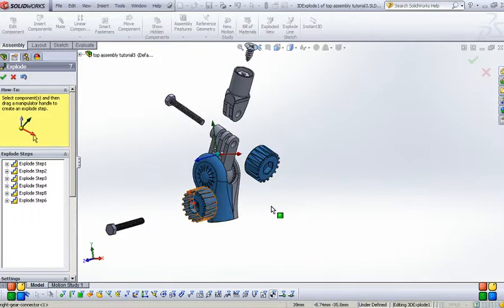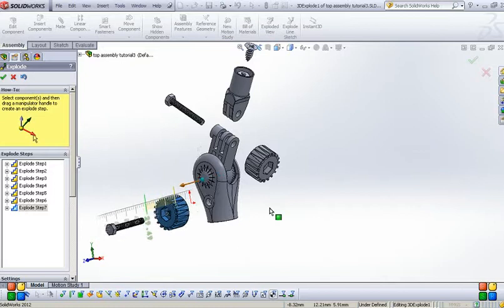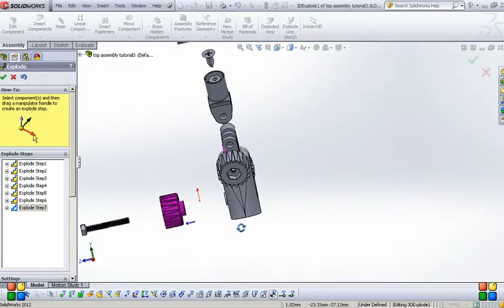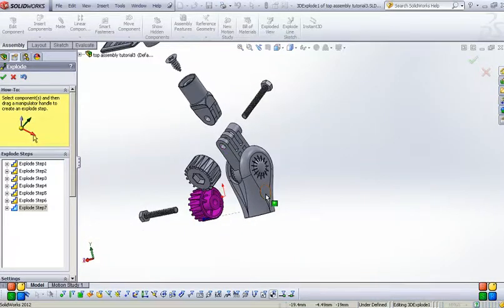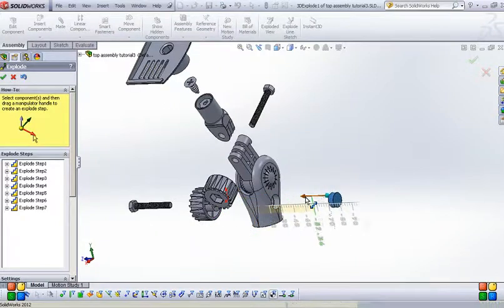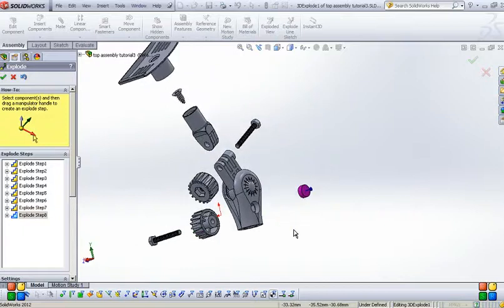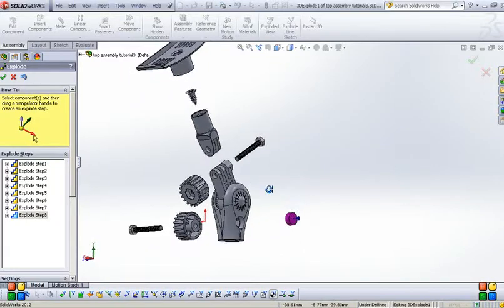Hold on. Okay, we already have our bolt selected. Okay, then we carefully select this axis. Okay, now let's go to a certain view here. So we have a cap here. Make sure our manipulator is selected, align with component origin, then carefully we select the appropriate axis, then we move our cap somewhere around here, then let me put it in,